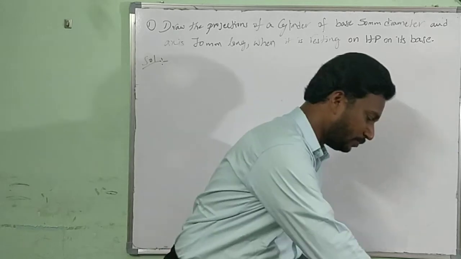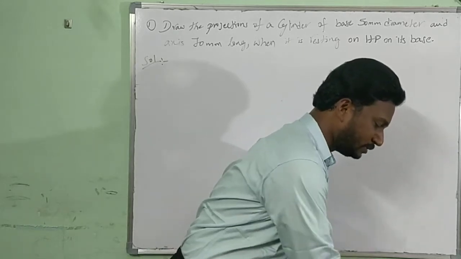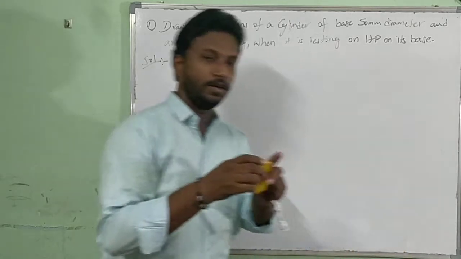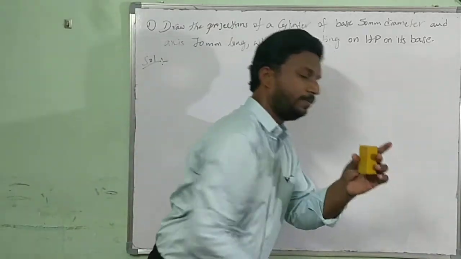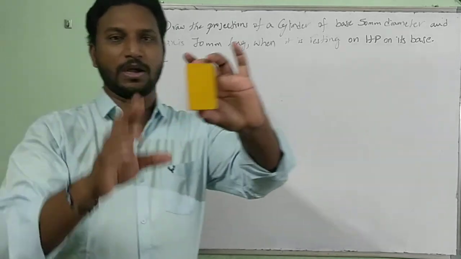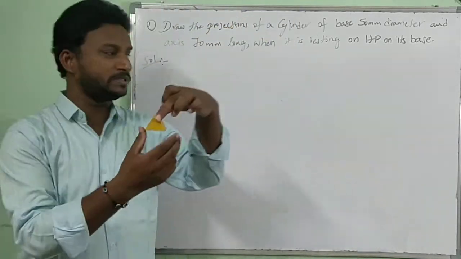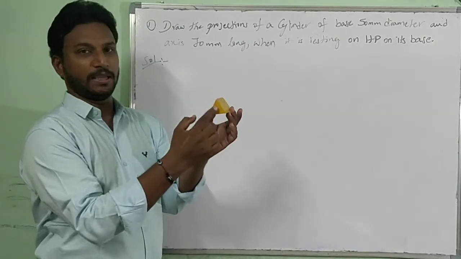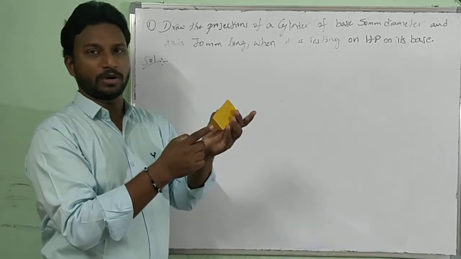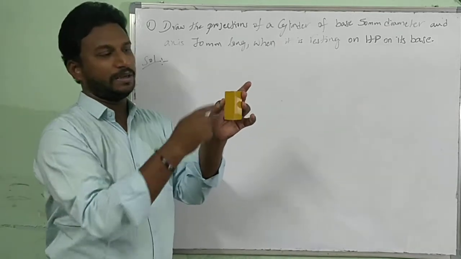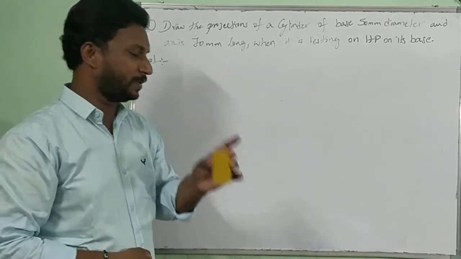Let me show you different types. Already I have shown you different types of prisms. This is one kind of prism. Hope you all can see. This is called a triangular prism. Base shape is triangle, top triangle, bottom triangle, same. And from each side, rectangular faces are raised. Triangular prism.